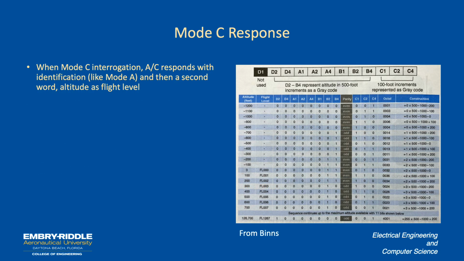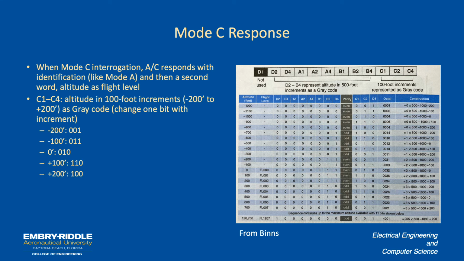The mode C response, we also send a 4-octal digit code corresponding to the altitude. So we send the interrogation response, we send the mode A response identifying the aircraft, and then we send a second word, which is the altitude as a flight level. So as you can see from the image to the right, D1 is not used, and then